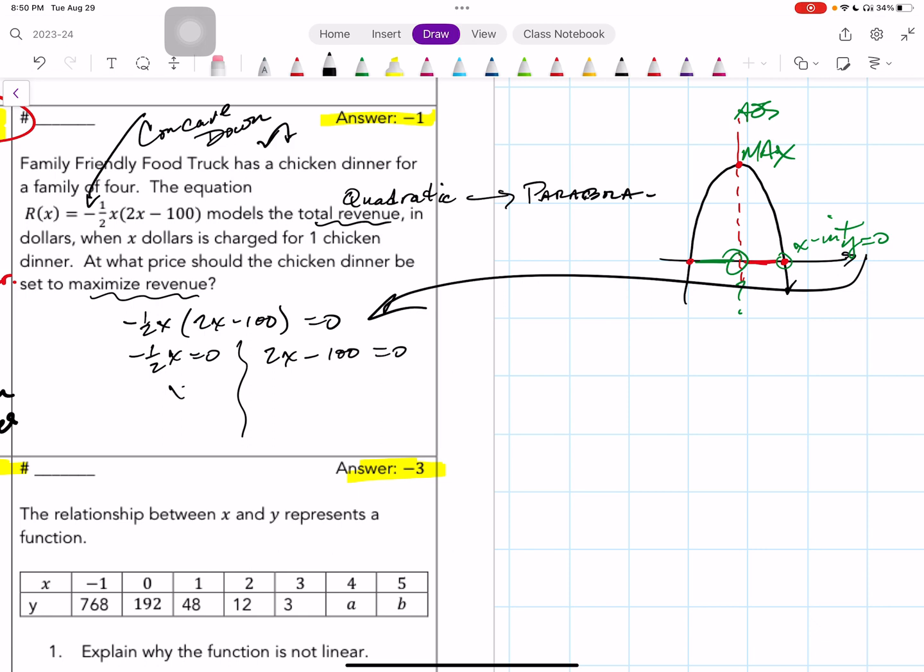Over here on the left, it should be obvious that x has to be 0. Obviously, -1/2 times 0 is 0. Here, if 2x minus 100 is 0, that means that 2x equals 100, and it should be obvious that x must be 50. So if you were to just sketch the graph here, if this was 0 and this is 50, halfway between is 25 right here. So the maximum must occur at 25. So I'm going to write that down. The maximum occurs at x equals 25, because again, it's symmetrical